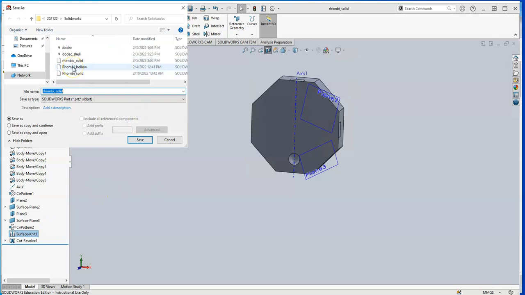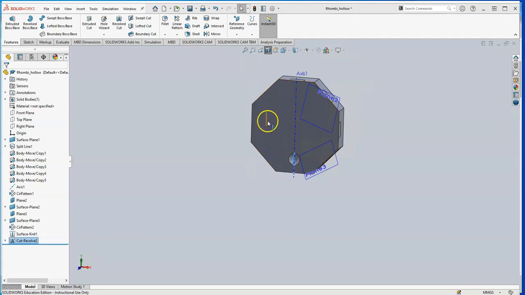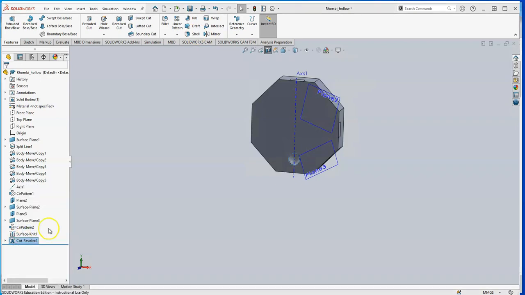So instead of Rhombi Solid, I'm going to call it Rhombi Hollow. Save that. And next thing we're going to do is turn this solid into a shell to make it hollow. So if I first remove the cut revolve, so I've saved it here, we're not going to lose anything. And then click on Surface Net 1,